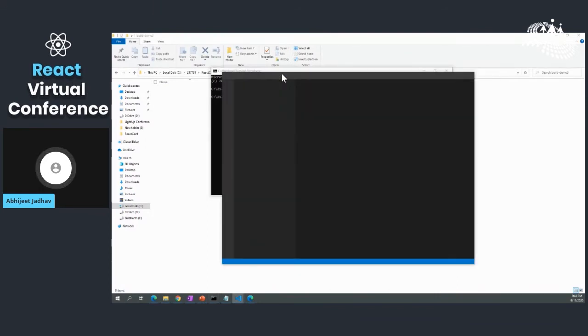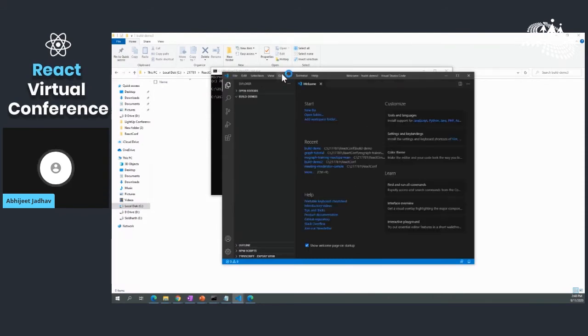What I'm going to show in this demo is the fast track development of Office 365: how easily you can get the data from Microsoft 365 and render it on your screen without writing tons of lines of code.